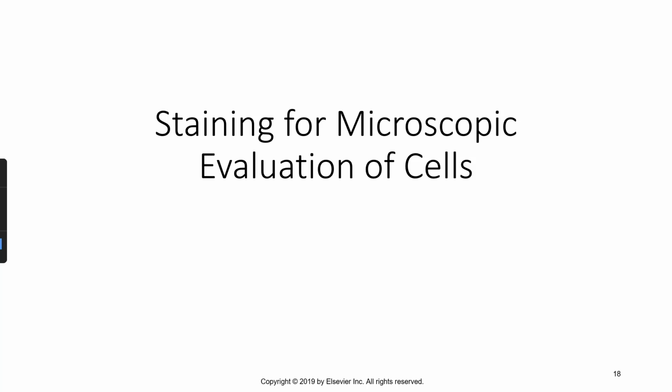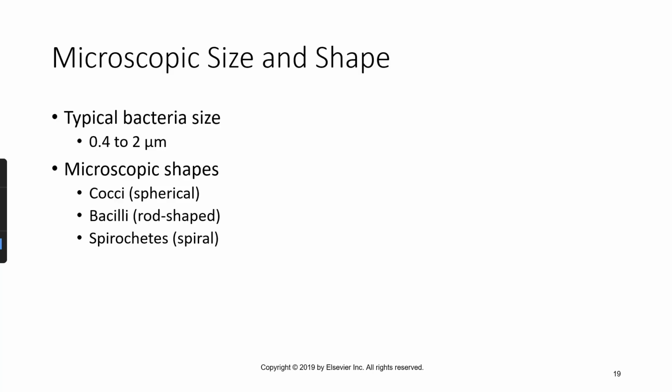Staining for microscopic evaluation of cells. So the typical bacterial size is 0.4 to 2 micrometers. Like I mentioned, this class is going to focus on your typical bacteria. We're not going to go too much in detail on all of